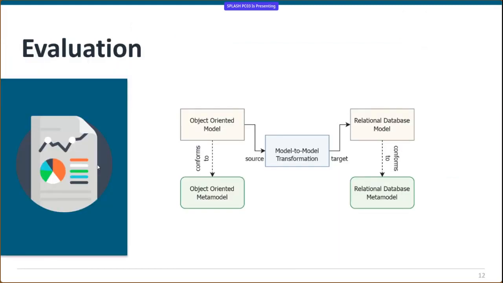So how we evaluate this approach is, if you look at the same diagram that I showed earlier. For the model to model transformation, we use the object oriented to database transformation. And for the source models, we use synthetic models generated ranging from 10,000 model elements to 25,000 model elements. And then we evaluated it using the normal ETL, YAMTL, and ATL to compare our approach with the other state